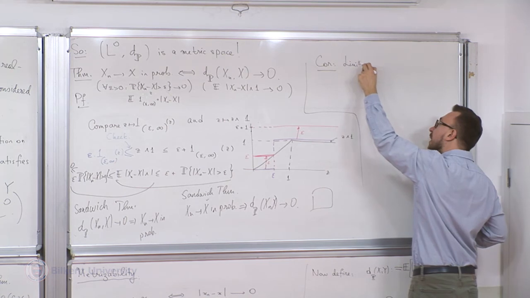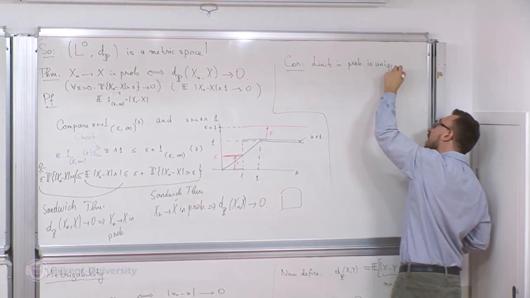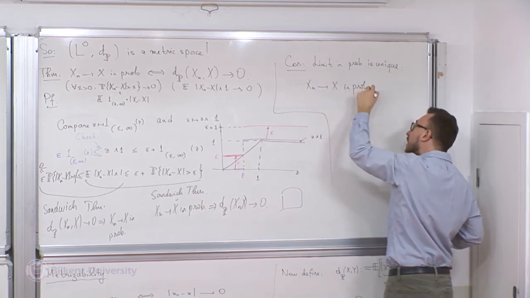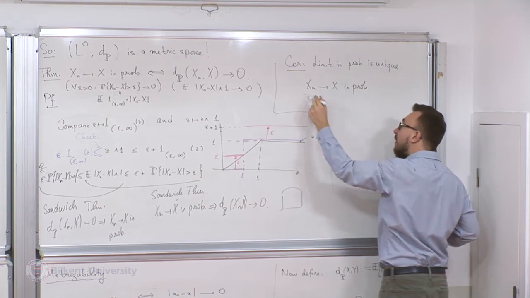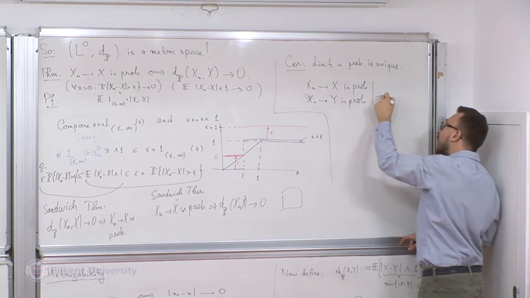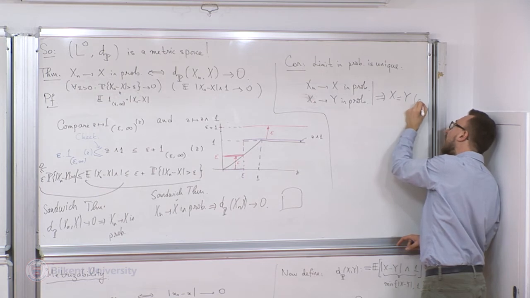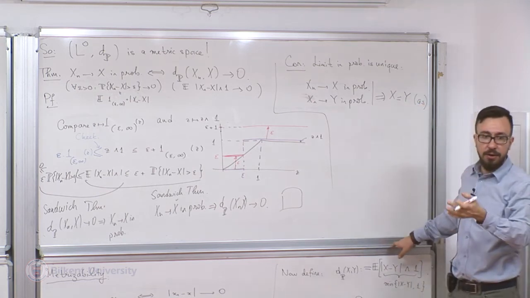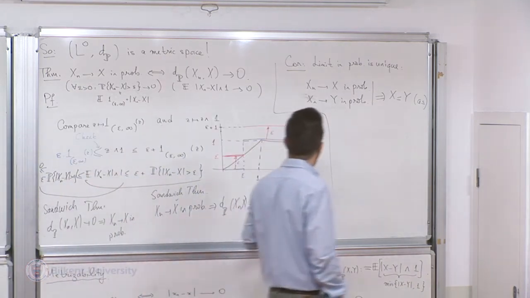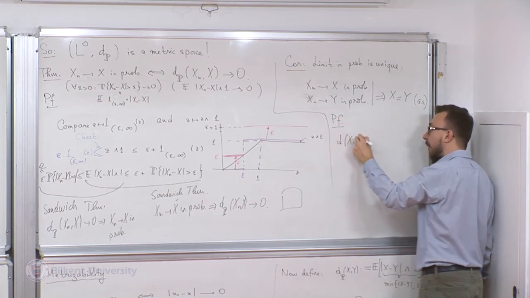the limit in probability is unique. So meaning that if xn converges to x in probability, and xn converges to y in probability, so if you have possibly two limits, then they're equal. Well, let me put almost surely, or you can say they're equal in L0, the new L0. Okay, why is that true? Well, just look at the difference between x and y.